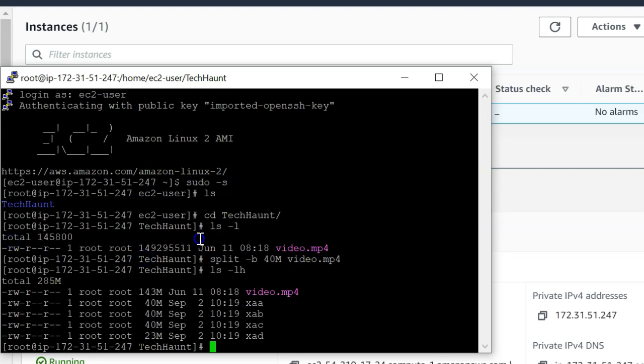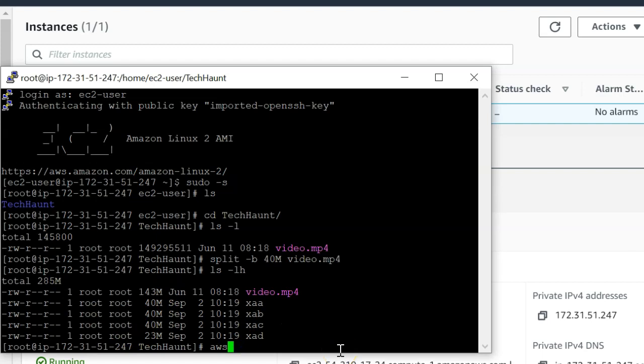All right guys, we have now split our files, and now let's create the multi-part upload. I will also provide you the syntax required to enter here, the syntax you are going to use to create a multi-part upload into your S3 bucket.